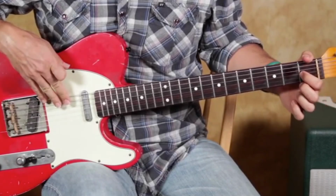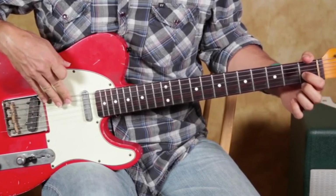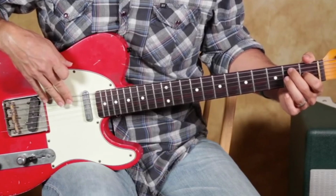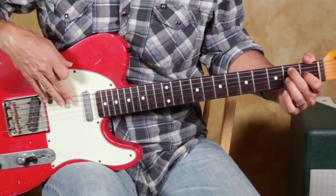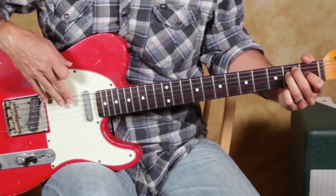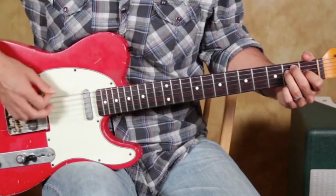First finger is going to be on the first fret of the G string. Remember, nice and round. We want that B to ring open below. And then we're going to have our second finger on the second fret of the A string. Our ring finger is going to be on the second fret of the D string. And we're going to be able to hit